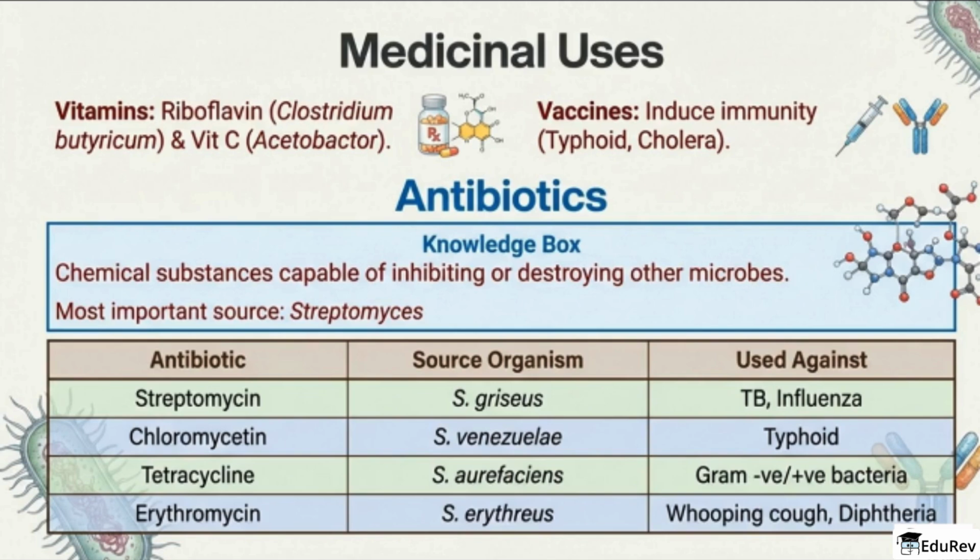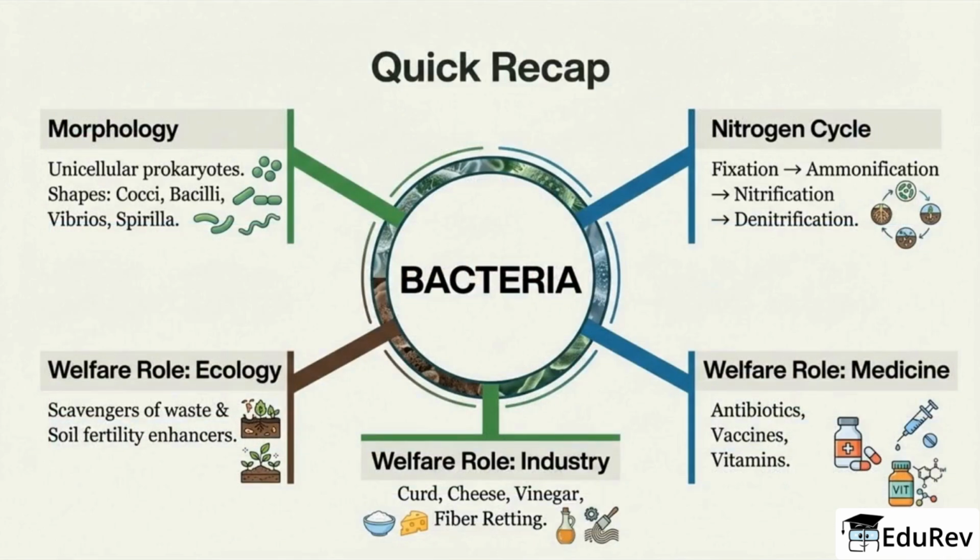Medically, bacteria are both tools and targets. Some bacteria are used to produce vitamins like riboflavin, and bacterial components are used in vaccine development to induce immunity against diseases such as typhoid and cholera. Antibiotics, chemical agents that inhibit or kill other microbes, are most famously produced by Streptomyces species and have revolutionized treatment of bacterial infections. To recap, bacteria are unicellular prokaryotes with diverse shapes: cocci, bacilli, vibrios, and spirilla, and they play